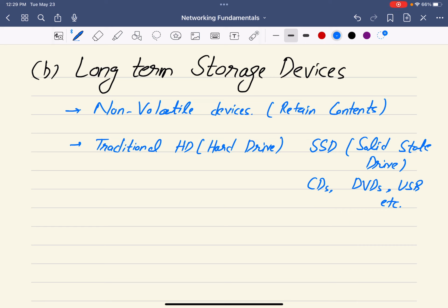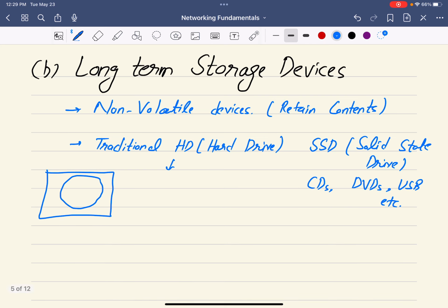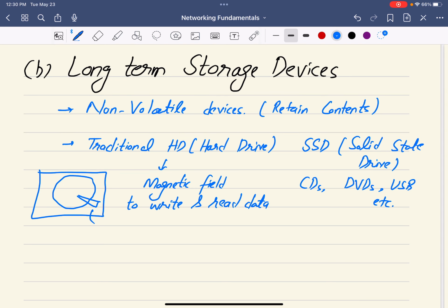The traditional hard drive, maybe you have seen it. It looks something like that. You have a platter and there is a read-write head onto it. And it basically uses a magnetic field to write and read the data. So to read and write the data, it uses magnetic induction. Okay, so a magnetic field is generated and it can read and write data, but there is a movable